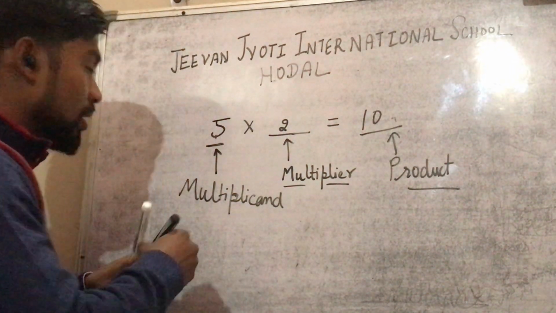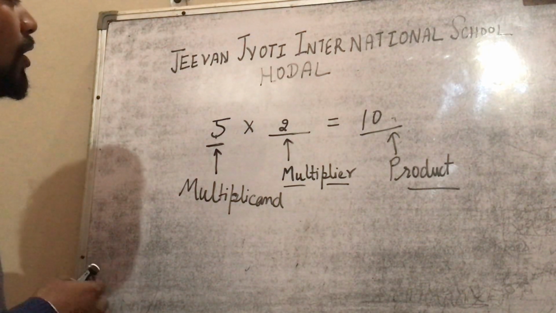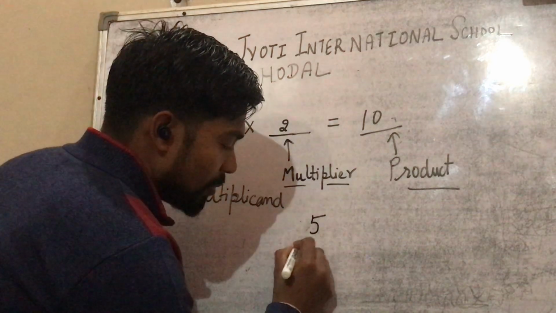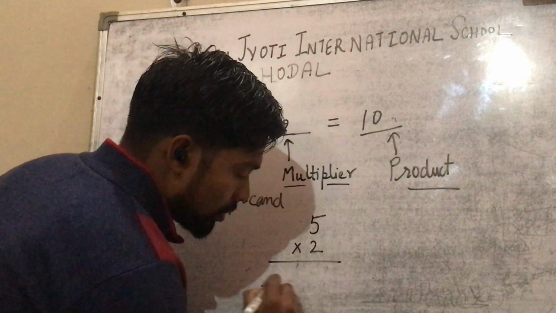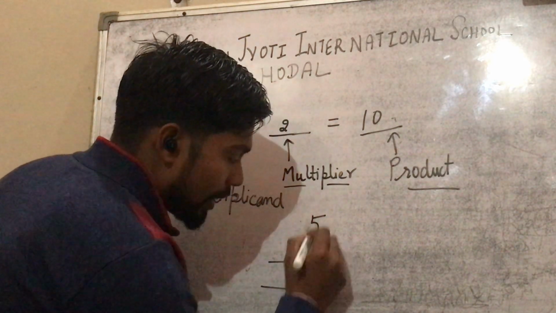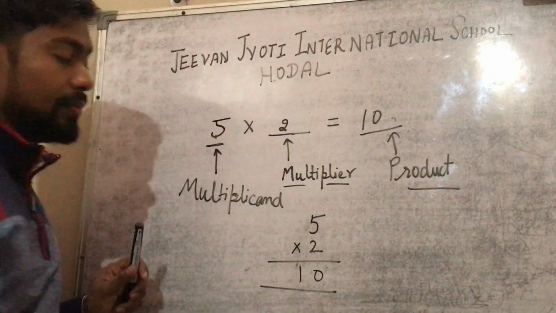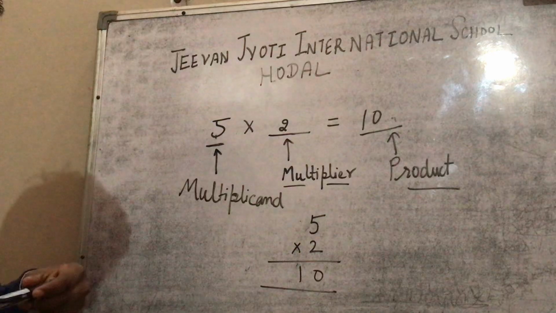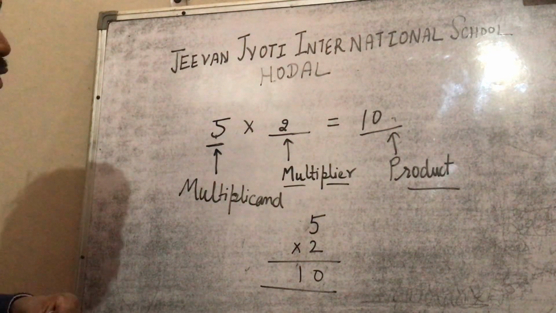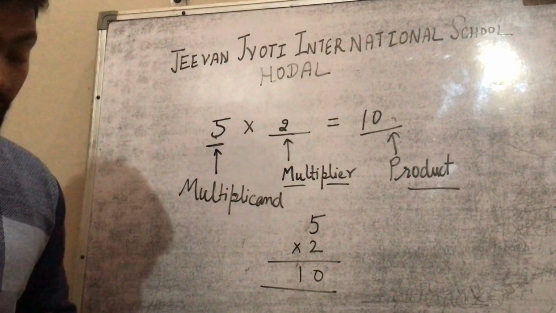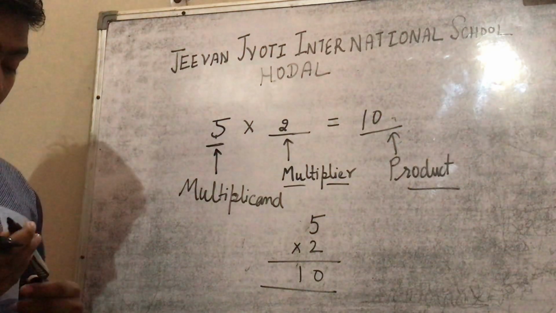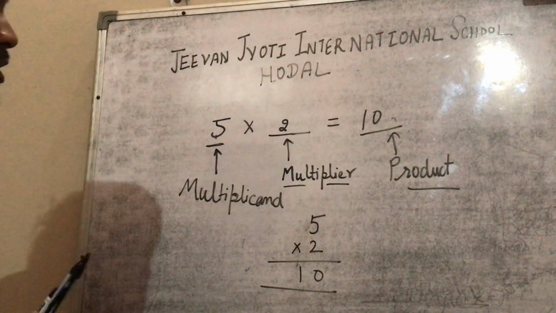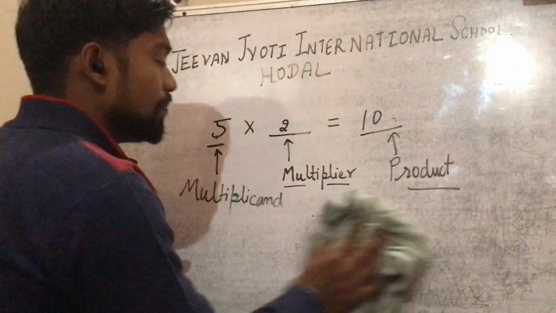For example, we have to multiply 5 by 2, so we will write it like this: 5 multiplied by 2, and write it here as 2 fives are 10. Right? You all have done this type of exercise in class, and at home you have also practiced these multiplication tables. Okay, today we will learn some new things you must know about multiplication.